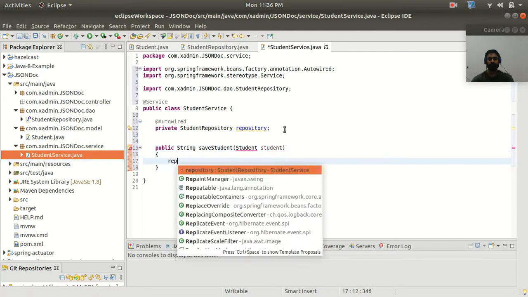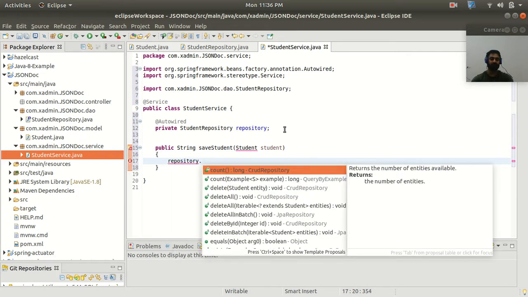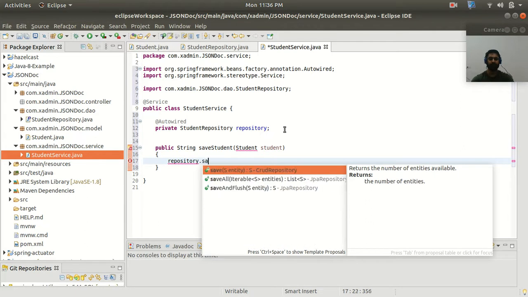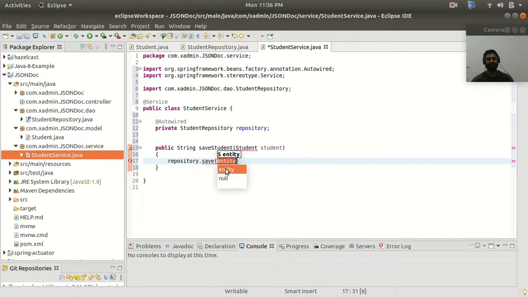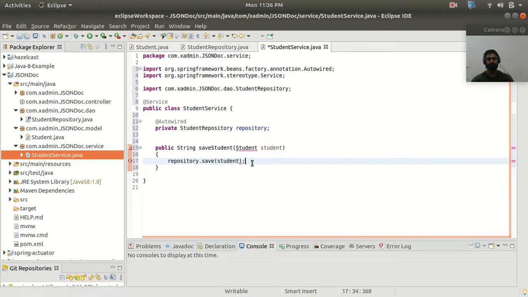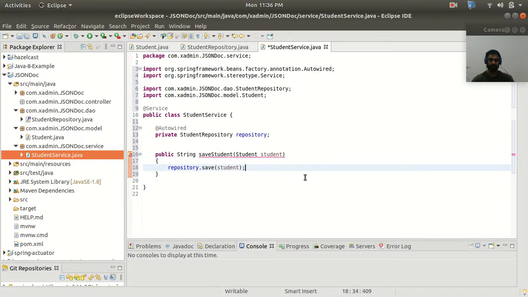So repository dot, we have a method inside our JpaRepository called save, and it has an argument as entity. So we are going to use this method to save a Student object inside my database. Import this Student with the correct model package.